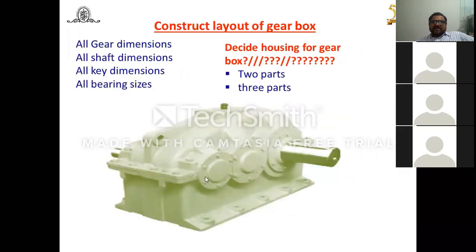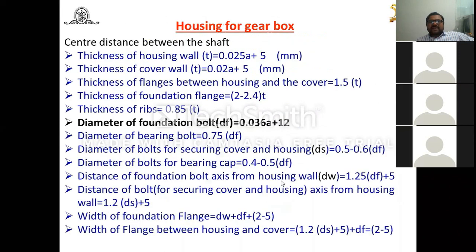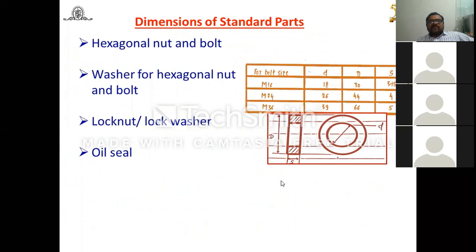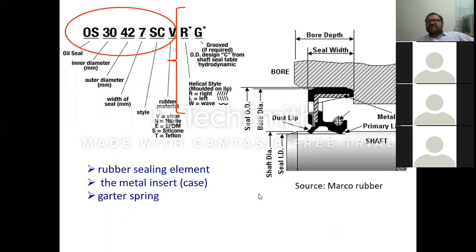Look at this. Now in this case, the input shaft, output shaft, and gears are mounted in this way. The first pair of gears, suppose one gear, then another gear, then a third gear. The gear is the pinion, which is the smaller one. So what you have to do, the oil level should be in such a way that the tip of that should be dipped inside the oil sump. Accordingly, you can decide the level of the oil, or sometimes it should be 4 to 6 times the module also.